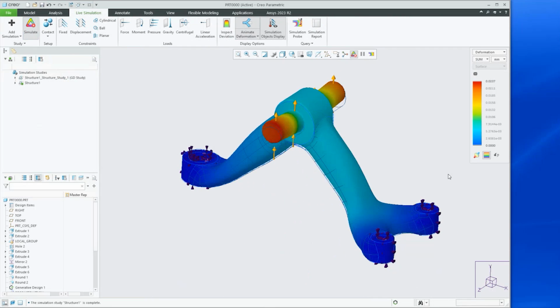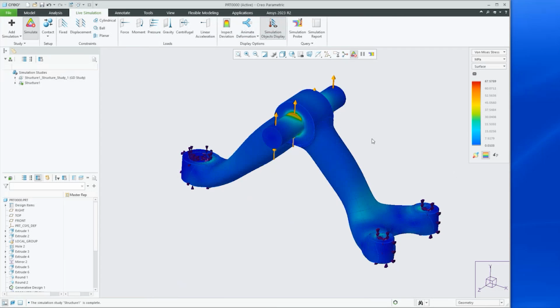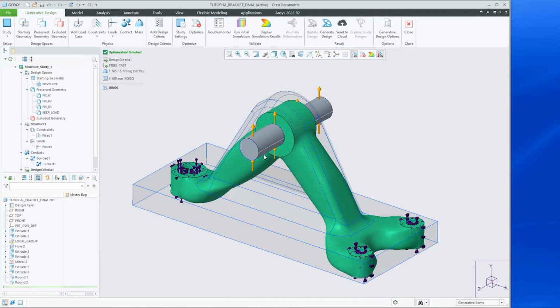So I don't know about you, but I still find this pretty amazing. I've been using this for several years now. All right, great. So that's the basic setup of how to do topology optimization using Creo. Now, one thing I want to mention here